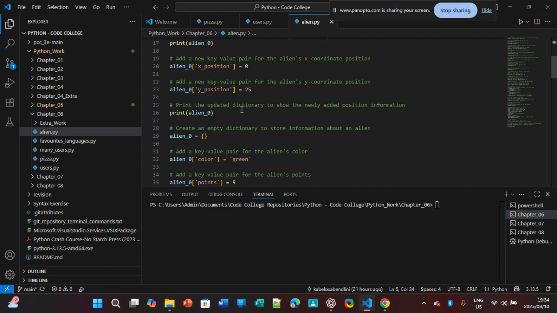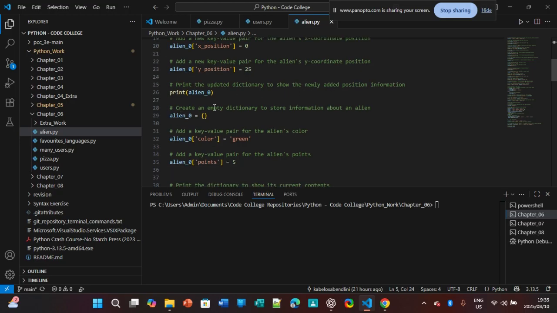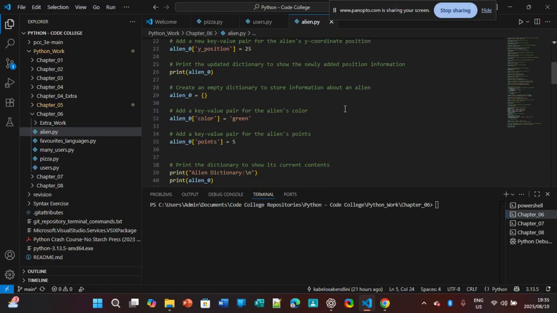Print the updated dictionary to show the newly added position information. Print alien_0. Create an empty dictionary to store information about the alien. alien_0 equals empty brackets. Add a key value pair for the alien's color. alien_0